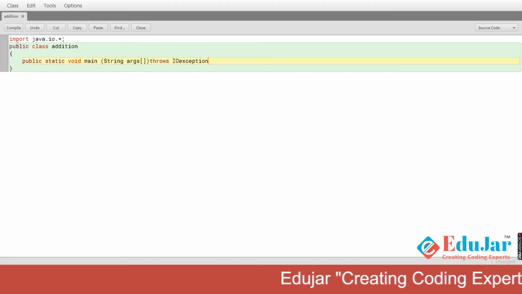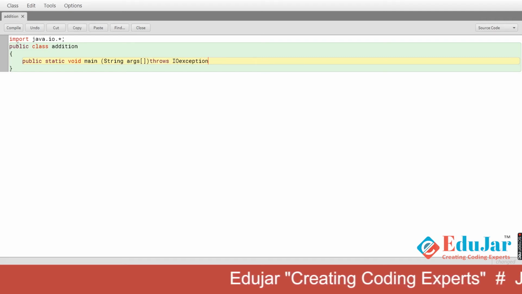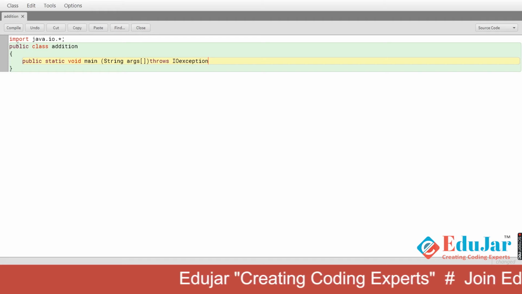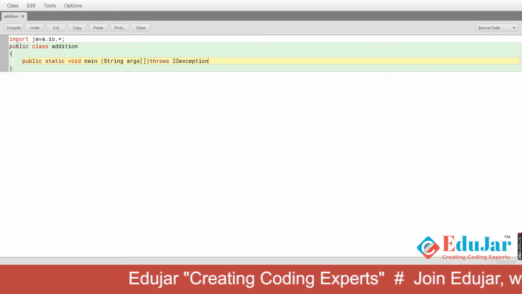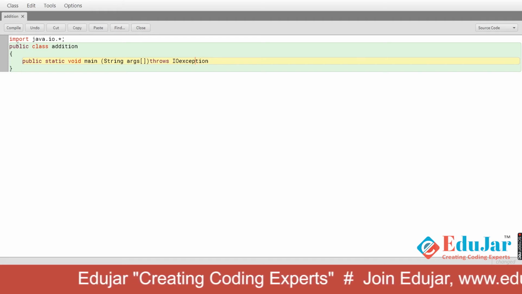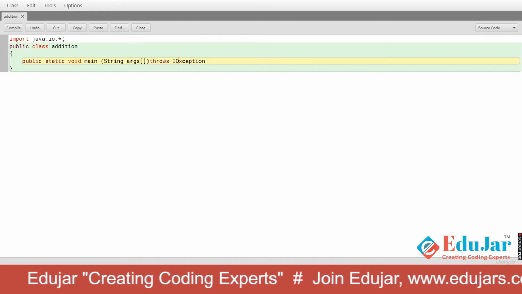So I have written here public static void main(String args[]) throws Exception. Here we are using throws Exception as we want the value to be entered by the user.